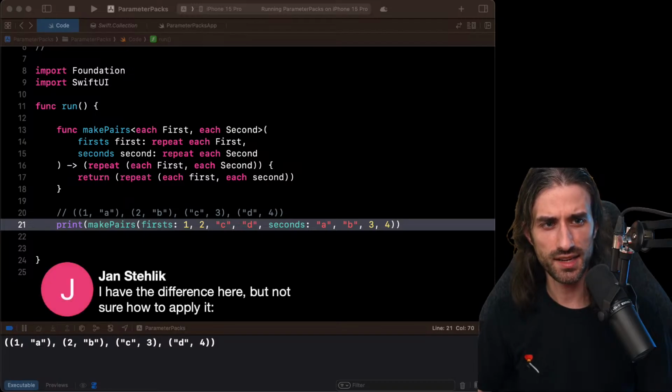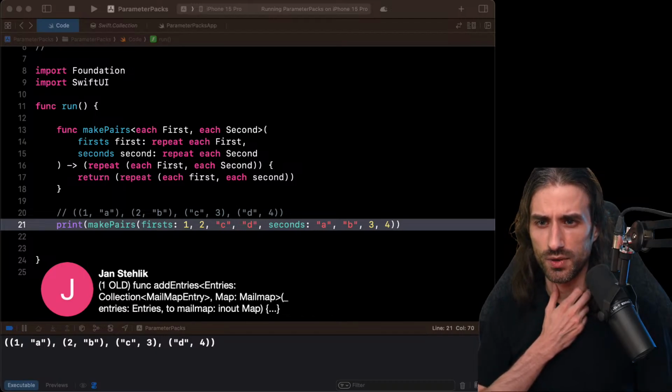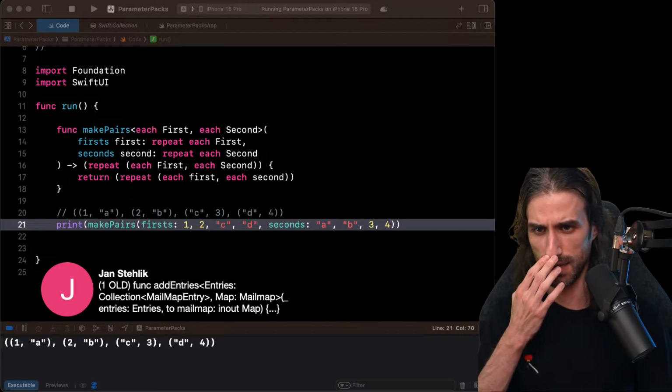So let's see, you say, Yann, that you have the examples here. So the first one would be add entries, entry, which will be a collection of mail map entry, okay, and the mail, okay.